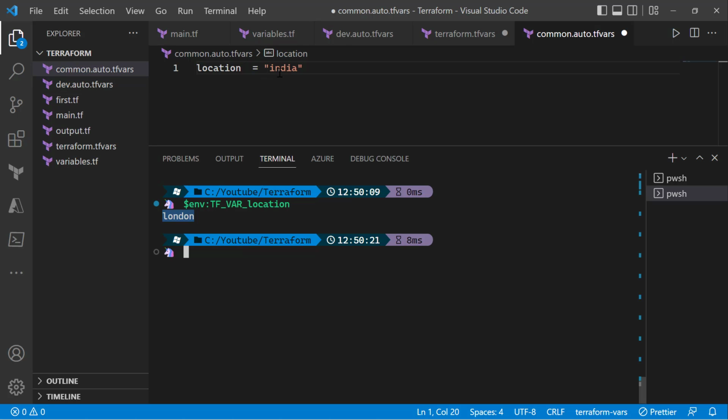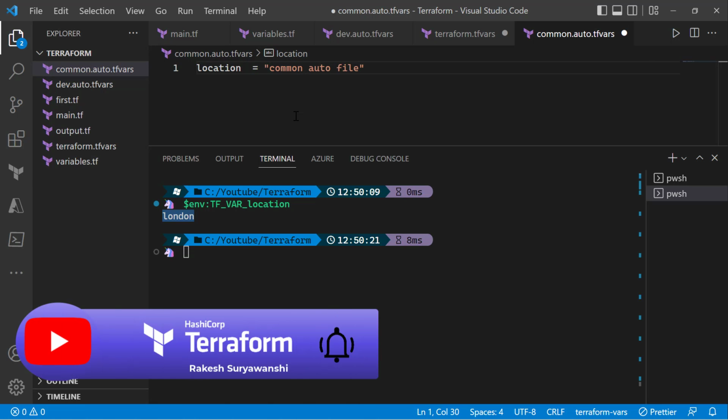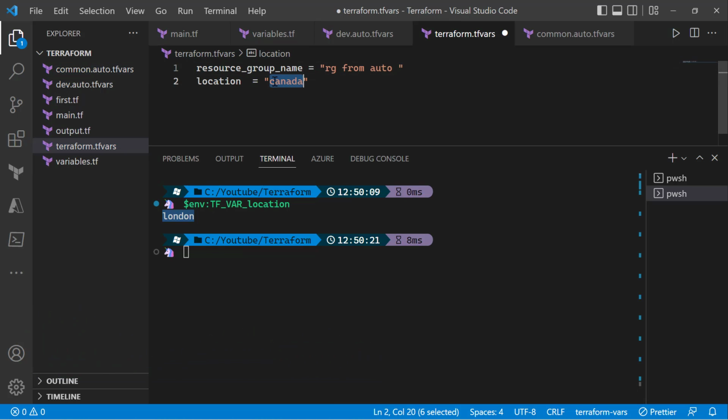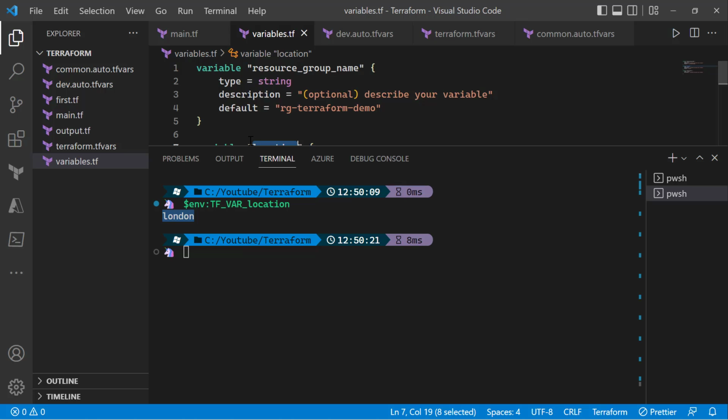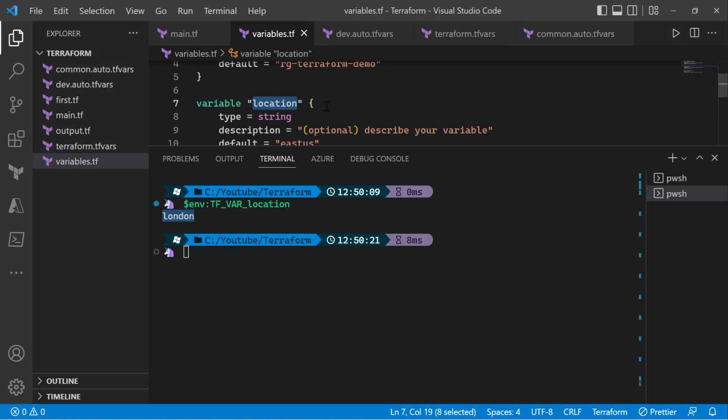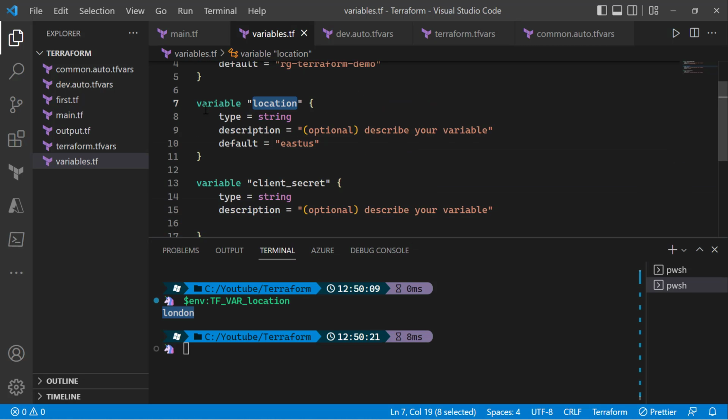In the common auto file, I've set India, and in terraform.tfvars I've set a different value. And then we also have a default value of the location which is defined at the time of